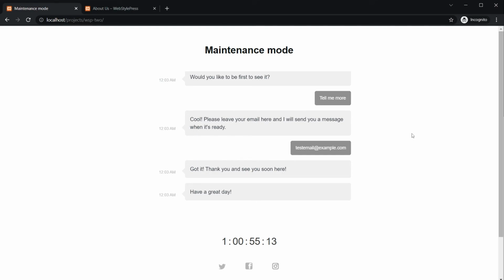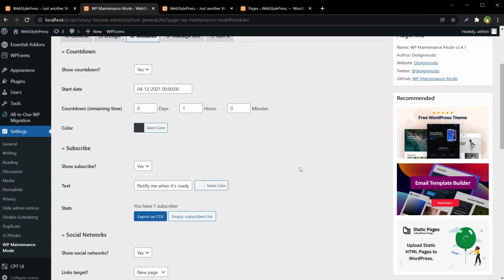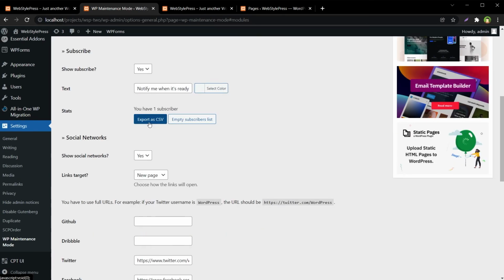Once a visitor shares his information from this page, it will be stored here in this modules section. Like your stats, you have one subscriber. You can export users' information in CSV format. So this plugin protects your site, can put your website in coming soon or maintenance mode, and also collects data from the users.